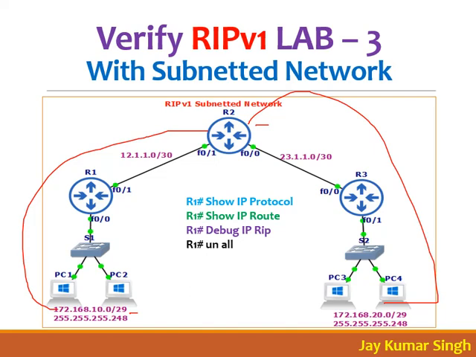Information. So he's saying that, okay, R1 is also sharing 172.16.0.0, it is the same. R3 is also exchanging 172.168.0.0 and it's the same. So I cannot exchange. You already have it. That's why when R1 users wanted to reach here, they are not able to reach there. So this is the problem in RIP version 1.